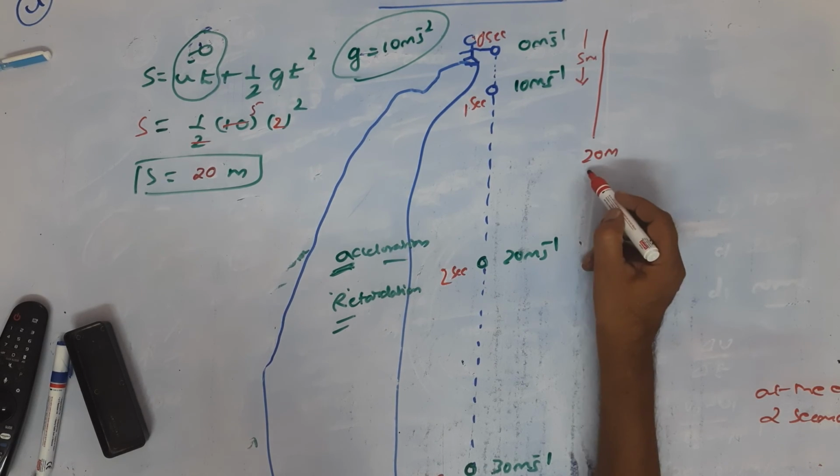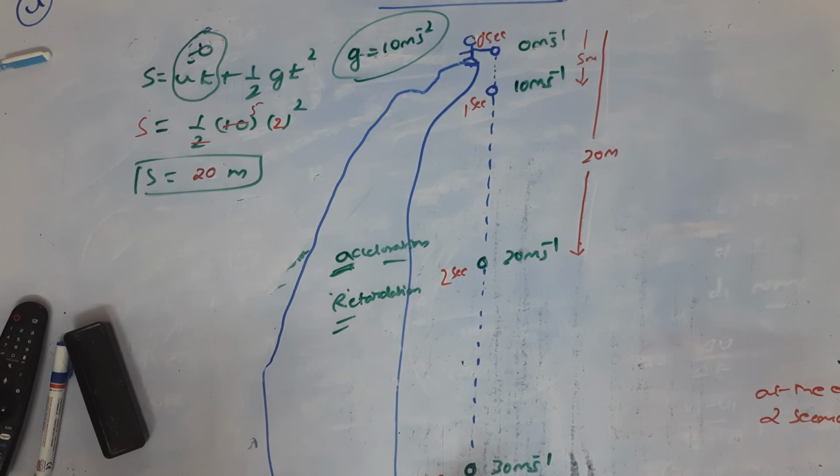Well, now let's go for the next one. Can you tell me, similarly, what is the distance traveled? I will give the options. 45 meter, 80 meter, or sorry, 15 meter, none of this. What is the distance traveled at the end of 3rd second? Very good, Maheshwari, you are right. At the end of 3rd second, you are right.